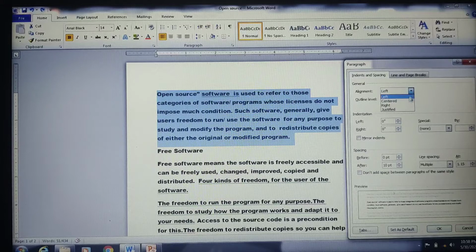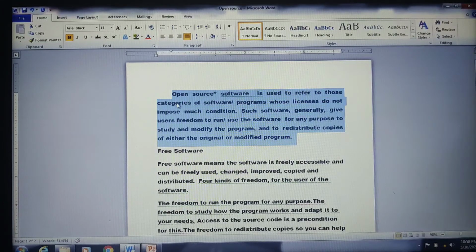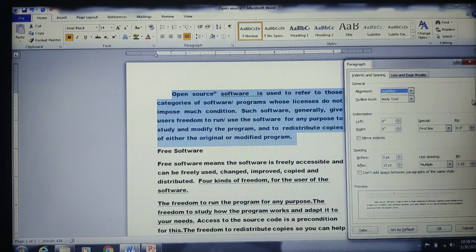I'll remove this indentation to show you the other options here. I'll keep the text as justified, and then here we have a By option. That means you want to have a paragraph indent. Look at the preview here, to what level you want to have the paragraph. See how much space you want for creating a paragraph, by how many points. So I'll take it as 0.5, and just say okay. Can you see? This is how the paragraph indent is being created. Clear? And then some other options over here in the paragraph.